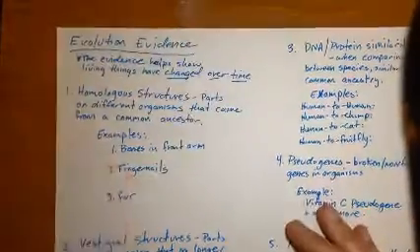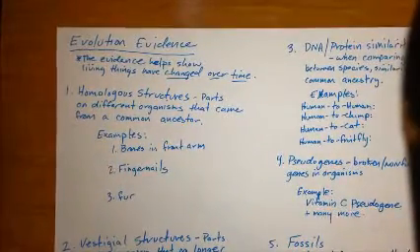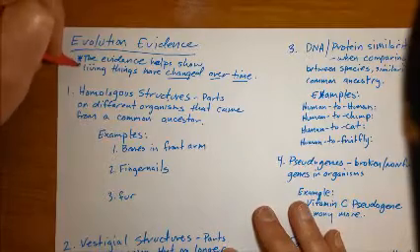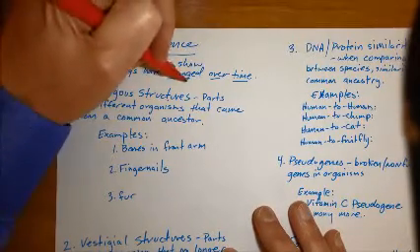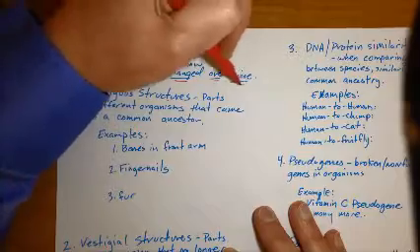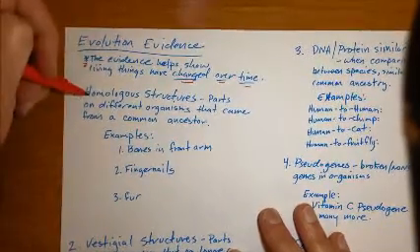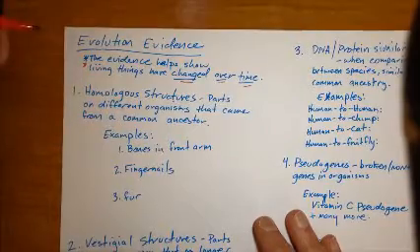In this video, I'll go over the evidence for evolution we discussed in class. Keep in mind that the evidence that we go through all helps us see that organisms have changed over time. Okay, so one of the first pieces of evidence known as homologous structures comes from when we compare the anatomy